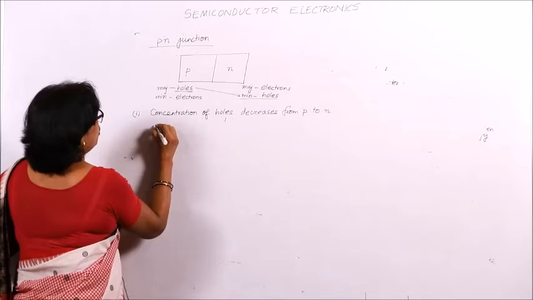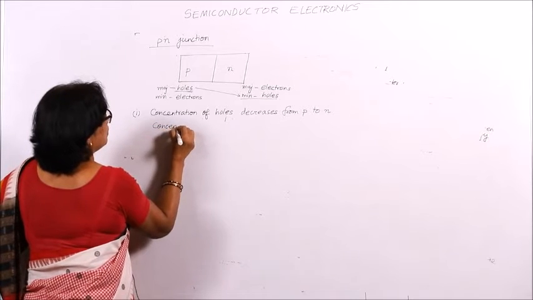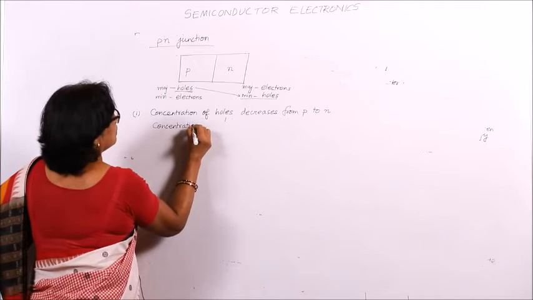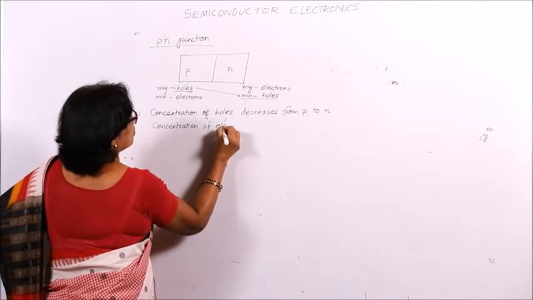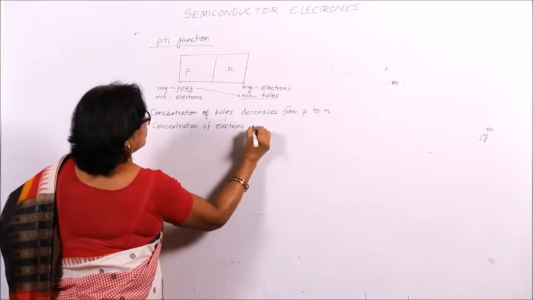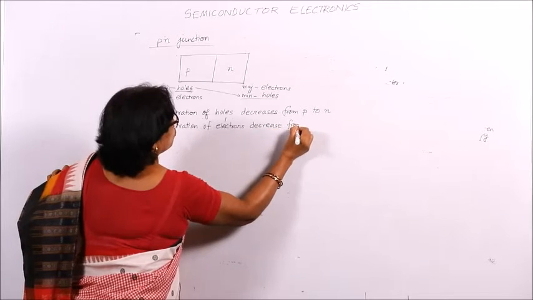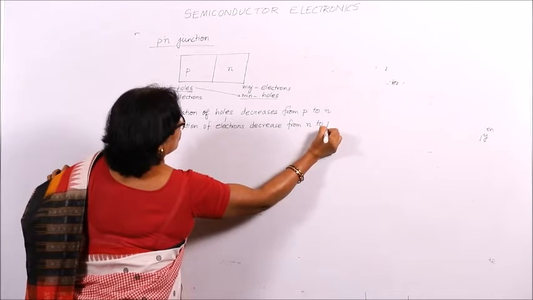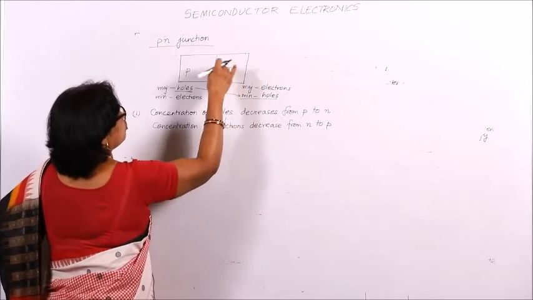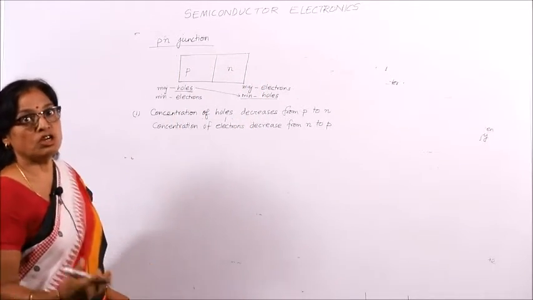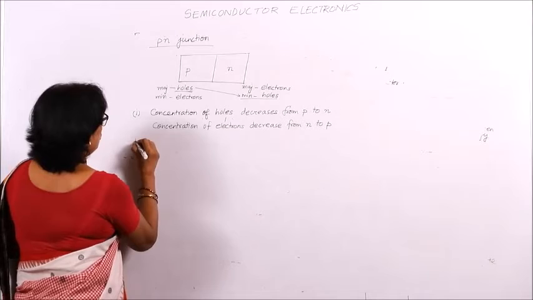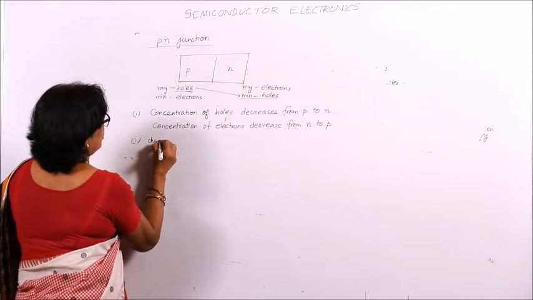And similarly, the concentration of electrons decreases from n to p, because here there are more electrons and less electrons here. So there is a concentration gradient, and due to this concentration gradient,